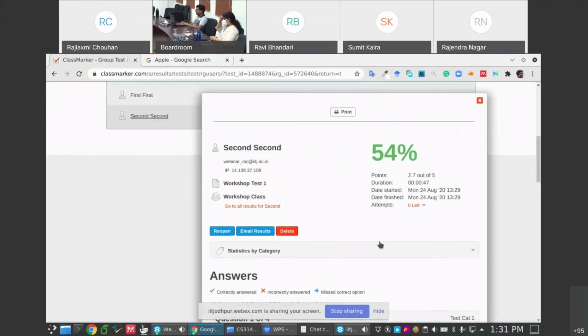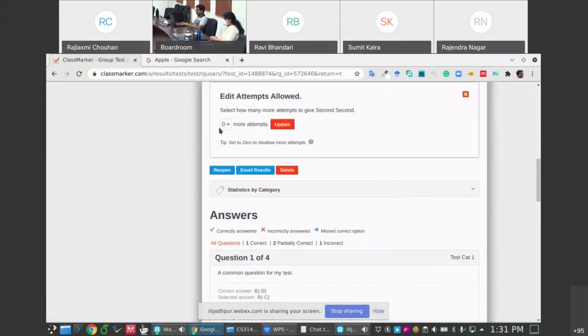Now if you want the students to try again, you can also enable multiple attempts. So then the student can retest the same test, but questions will be shuffled, picked randomly, so he will get a completely new set. There might be 1 or 2 common questions, but there will be a completely different set. So if your question bank is large, you can expect that this question set will be more or less a different set.